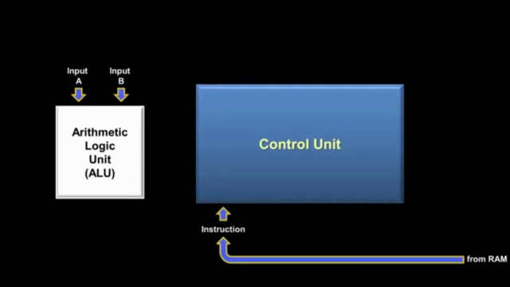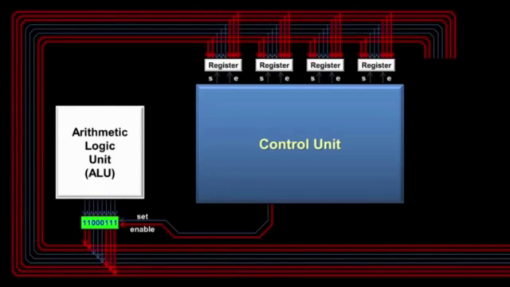The control unit receives that instruction from RAM and then tells the ALU what type of operation to perform. The ALU performs the operation and then outputs the answer. Sometimes, though, depending upon the type of instruction, the output from the ALU can actually be ignored. For instance, if you have a compare instruction,